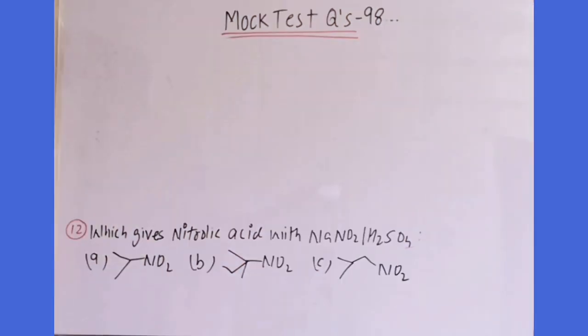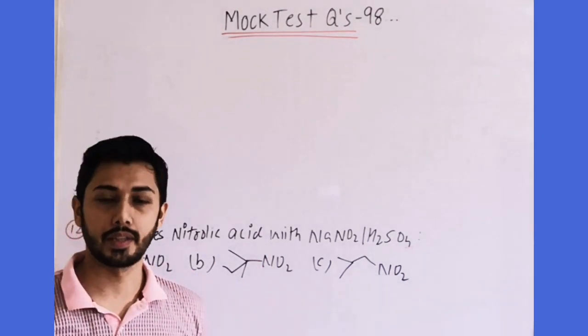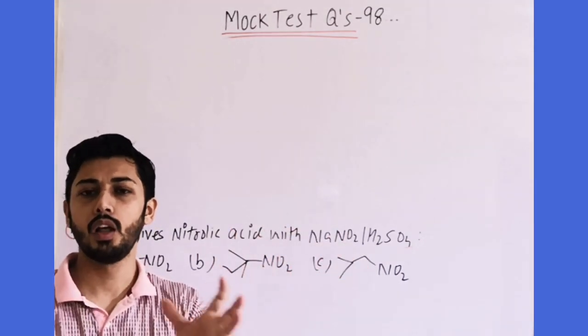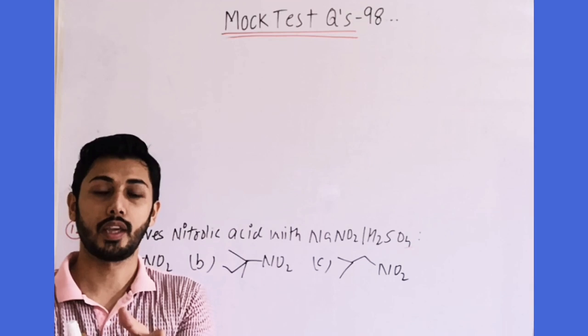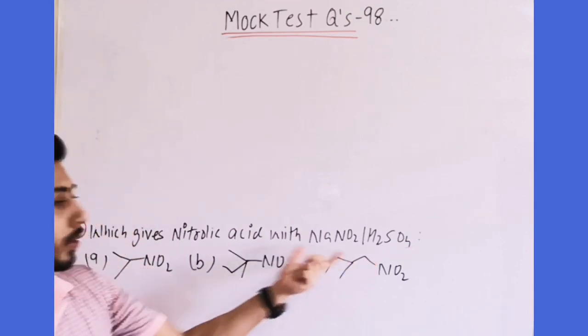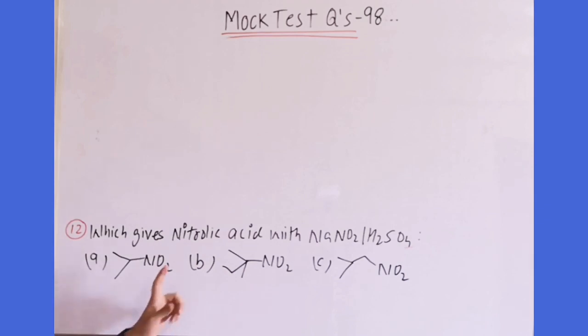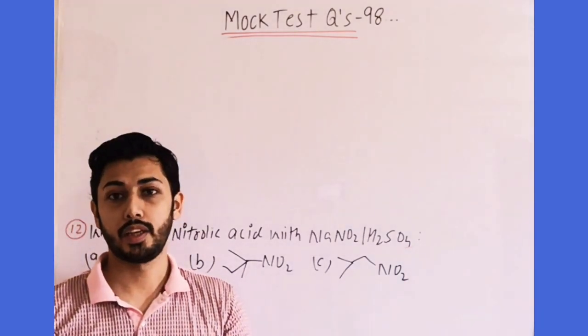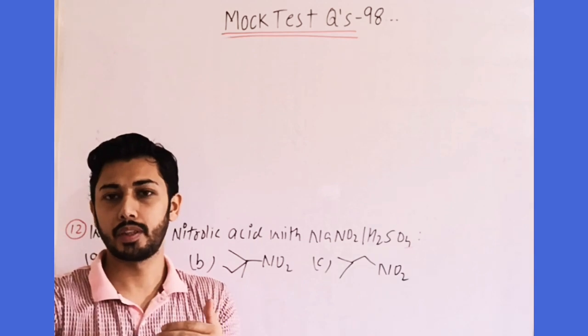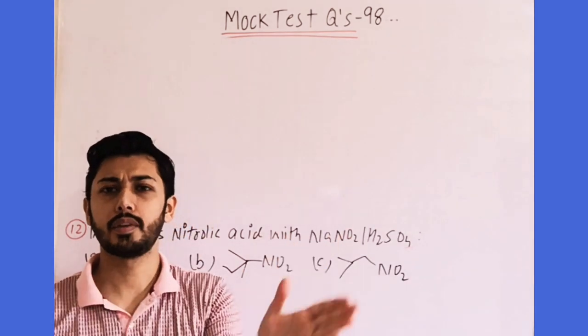Then next question, which gives nitric acid with NaNO2 H2SO4. Now in this question, this test or reaction was covered in the previous mock test also, and it is related to the Victor-Meyer test. The Victor-Meyer test we take for alcohol. In between we convert that alcohol to nitroalkane, and then the reaction proceeds. So here you can use the direct information that nitric acid is formed by primary nitroalkanes. Going from the primary alcohol, after treatment with AgNO2 it forms nitroalkane, then the same trend of reaction